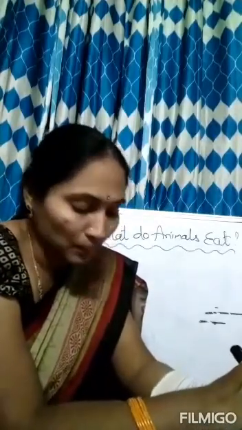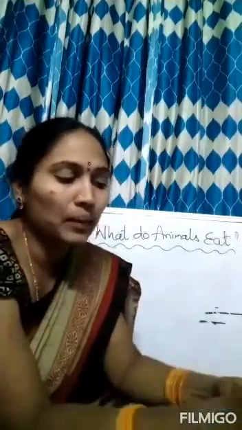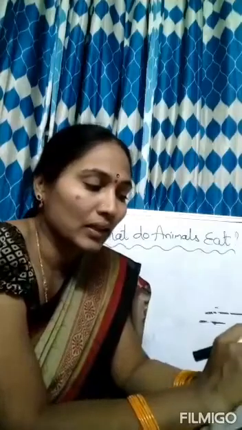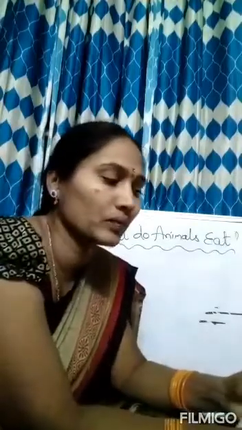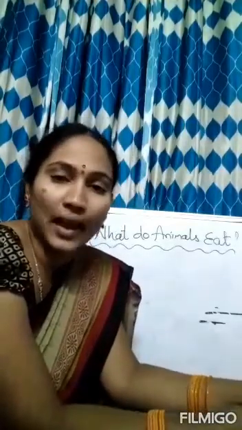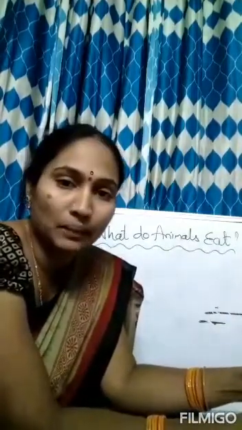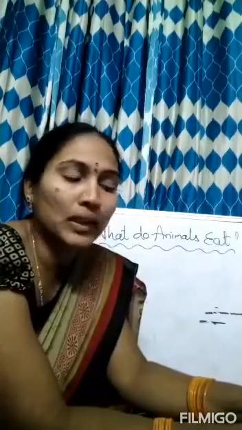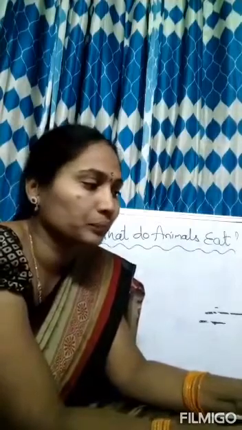Now you will see that the same part may be used in different ways by different animals. For example, the tongue may be used by a dog to lick the milk, whereas the frog just captures the food and swallows it with its tongue. So here the frog does not lick, it captures the insect and swallows it, whereas the dog licks the milk. So here they are using the tongue to take the food, but both are not using it in the same manner. Dog is licking, frog is capturing.